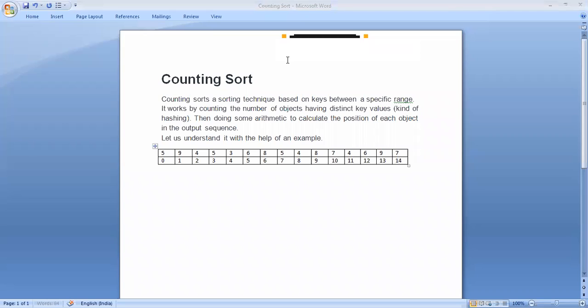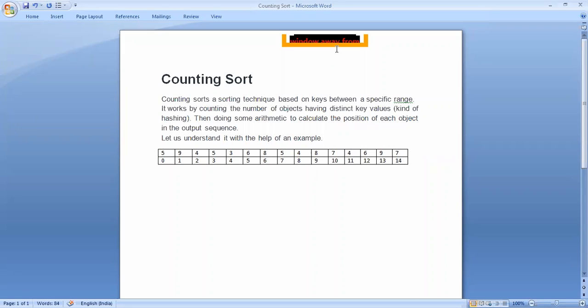Another array is required for the range. So here we need two more arrays: one of size n, which is the B array with 15 elements, and another of size k, where k means 0 to 9.